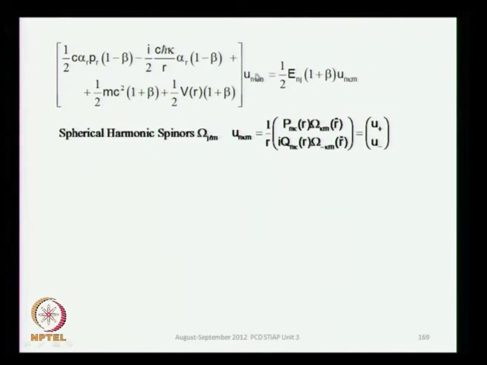So, the wave function u we write in terms of the spherical harmonic spinors, and this is 1 over r, p omega, i q omega, where these omegas are the spherical harmonic spinors. This is written in a short notation as u plus and u minus. p and q are the radial functions which we hope we will be able to separate. It is not that we have done it yet, but in anticipation of a prospective separation of the radial part from the angular part, we begin to use that notation,